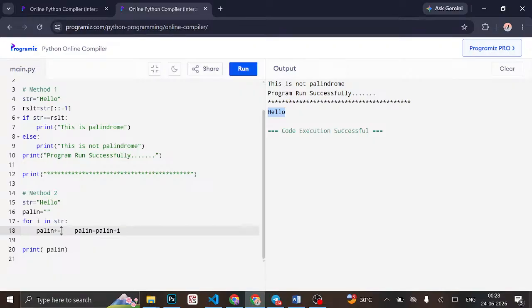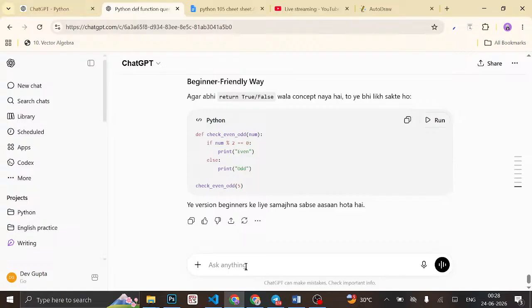Let's ask ChatGPT. Okay, without wasting time, because I'm not the teacher. I'm not the teacher. So I want this line like